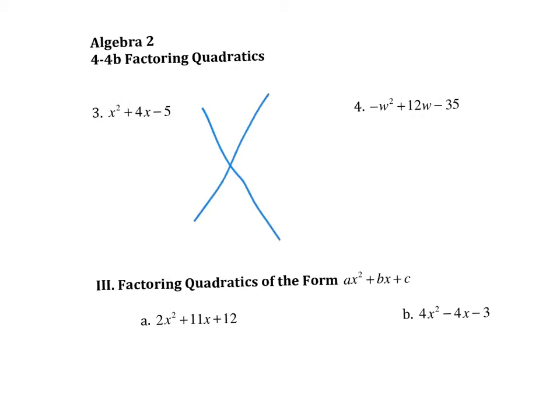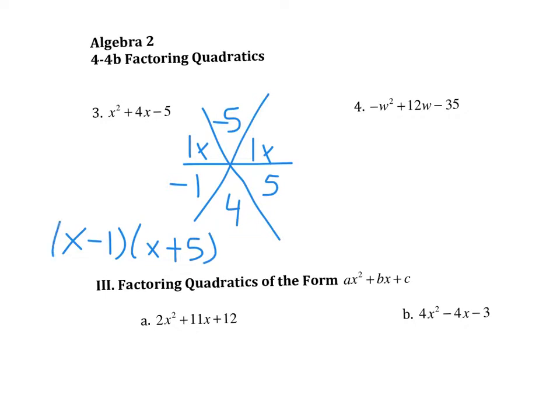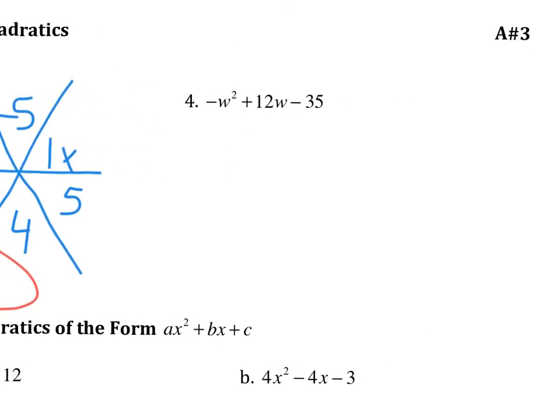So here we're going to find the factors of negative 5 that sum to positive 4. And those would be negative 1 and positive 5. So there we go, x minus 1 and x plus 5. There we go. Now this one over here, if you remember what the very first step was, the very first